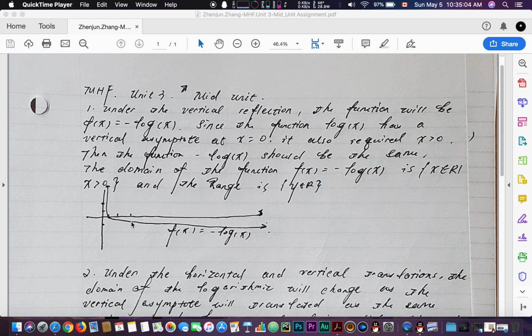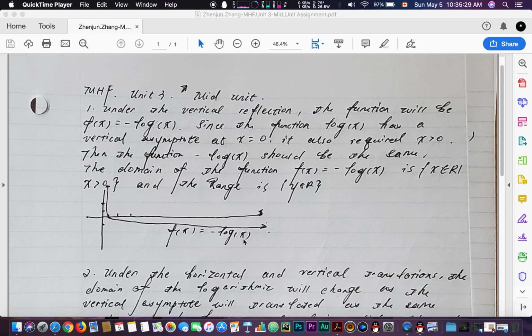Ideally, we know f of x equals log of x looks like this. You go from here, look at my mouse, from here, and it goes your way up. And then with f of x equals negative log of x, it goes down. Why? That's because under the vertical reflection, the function will be f of x equals negative log of x,